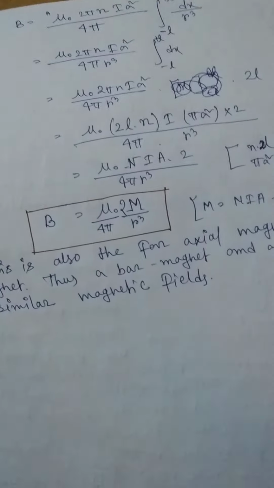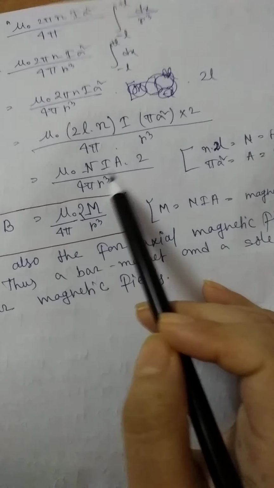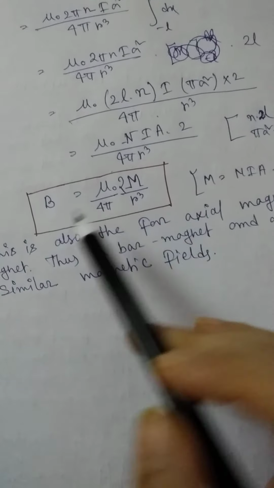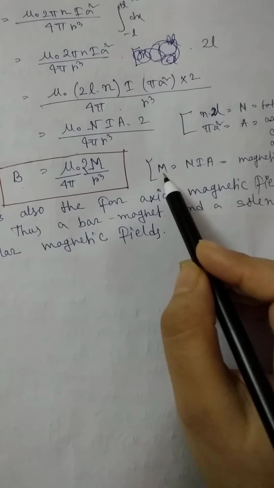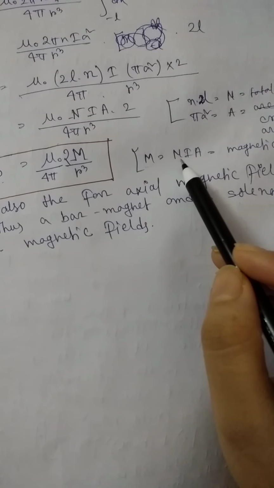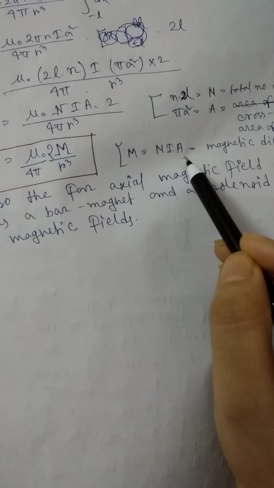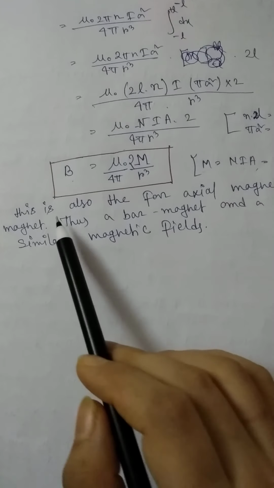And this is I, and pi a square is the cross sectional area of this solenoid, into 2 by 4 pi r cube. So B equals mu naught by 4 pi, 2m by r cube, because we know the magnetic moment of a current carrying loop equals the number of turns into current into area of that loop, right? So 2 into m by r cube. So this is also